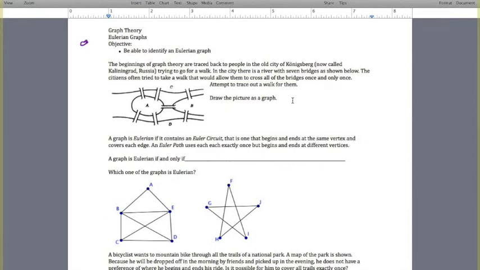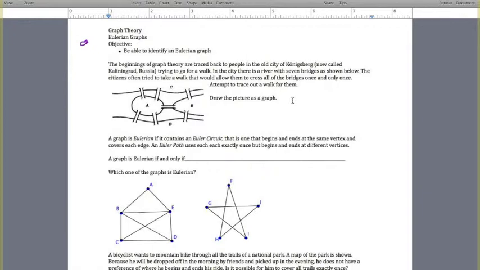Talk about the origins of graph theory, where they started, and the very first kind of graph theory problem. So it's traced back to a city that was named Königsberg, but is now in Kaliningrad, Russia. They renamed the city, as cities often get renamed over time. But in that city, there was a river, and it had some islands, and there were 7 bridges as shown